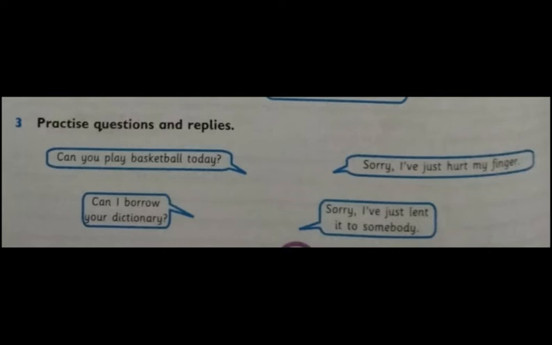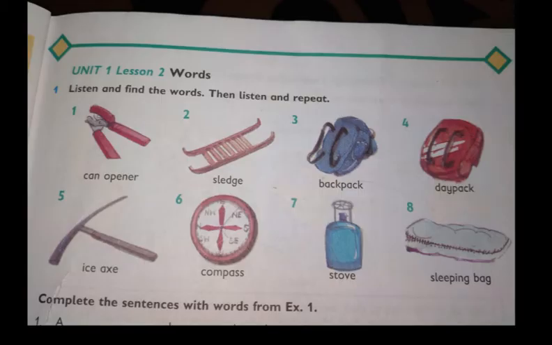So you have to practice these questions. You have to answer these questions orally. Okay? Come to lesson number 2. And the words are, you are already familiar with the words we have done in the start of this lecture. So now you have to hold the lead pencils and point out those words that I'm going to speak. You have to point the words with your lead pencils. Is it clear? Are you ready? Okay.